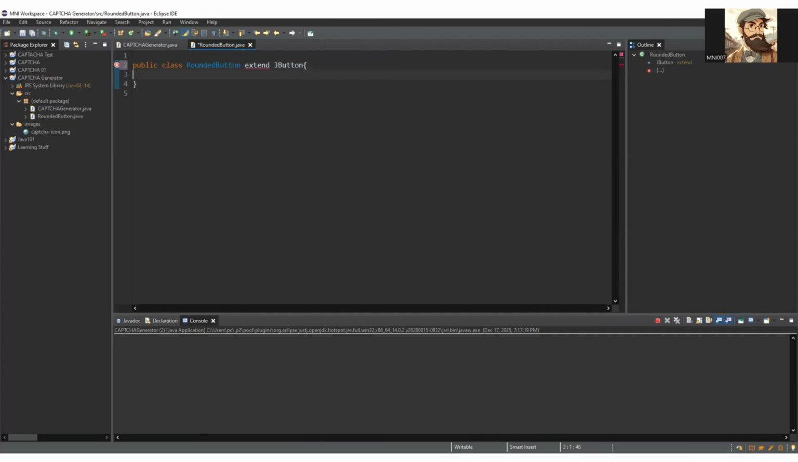So let me quickly... Basically the keyword is extends. So we need to extend it by JButton. So basically this is the subclass of JButton. We are implementing our own button here. And